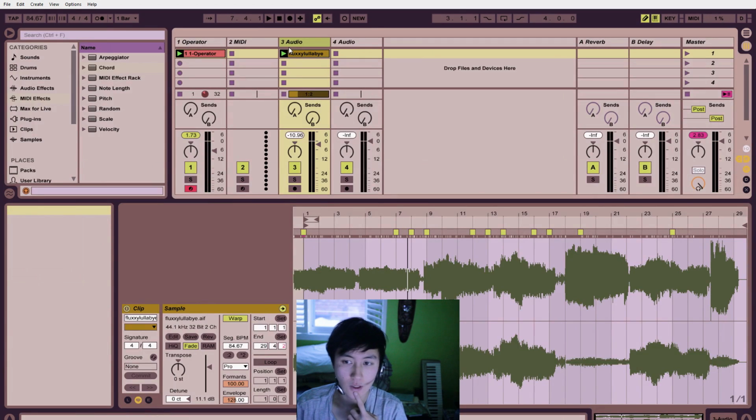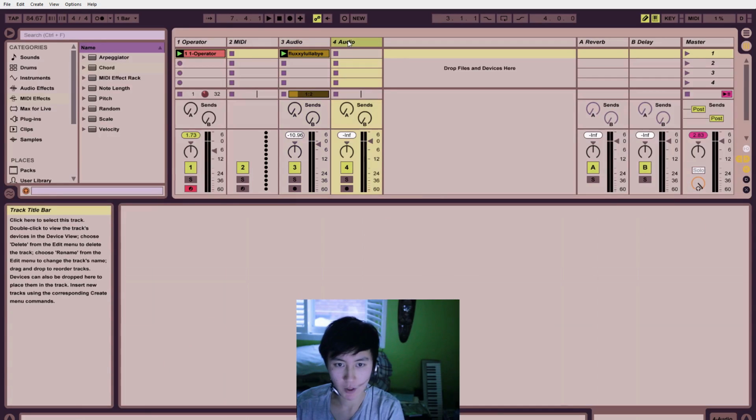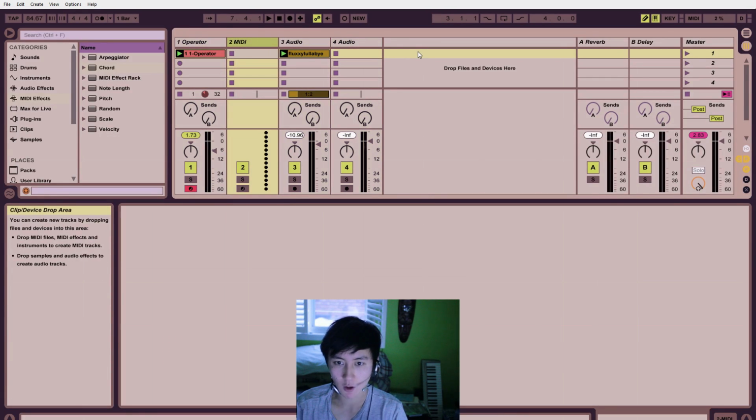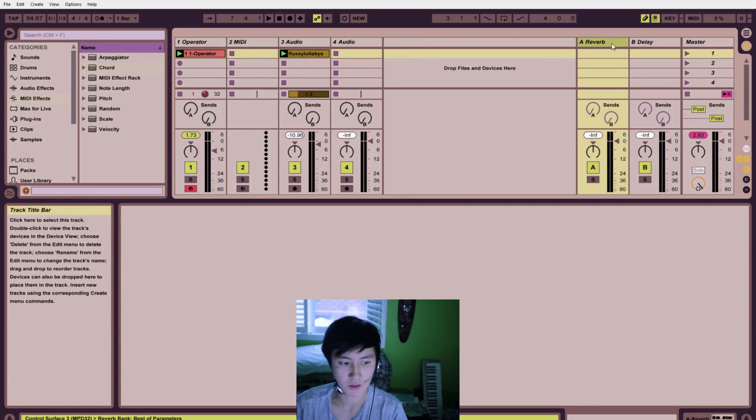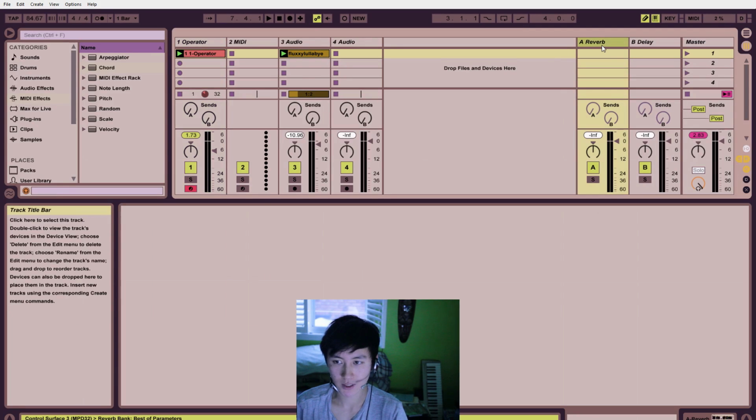Now I want to get into the return tracks. In the middle area we have our MIDI tracks and our audio tracks, but they can all be routed into something called a return track. These are basically audio effect tracks. Your signal from your instruments and your MIDIs and your audios can all be routed into a single audio track if you want to keep a uniform effect on. So right now the default ones that we have are A and B, a reverb return track and a delay